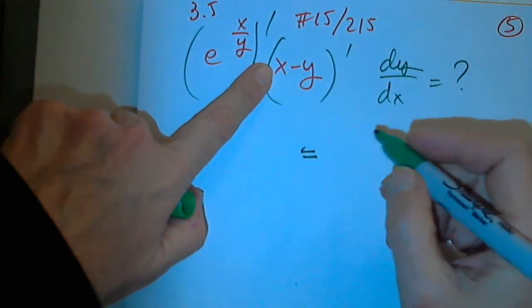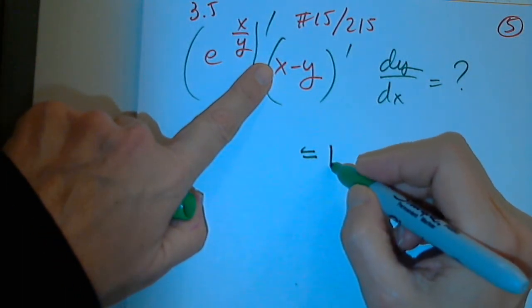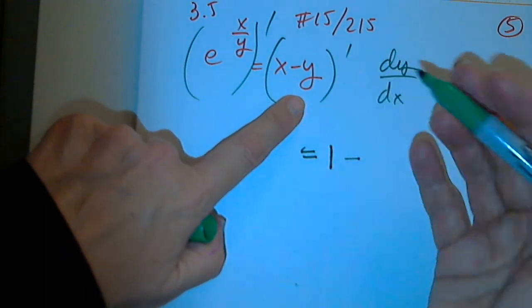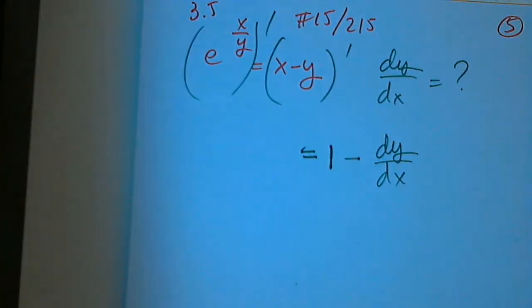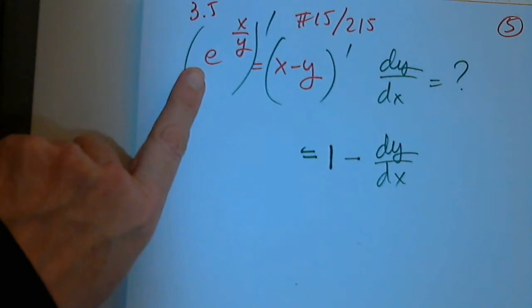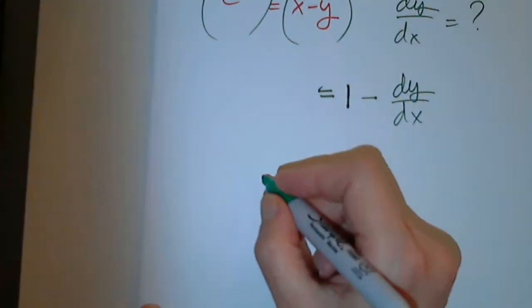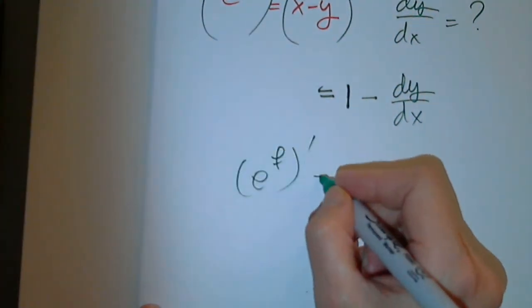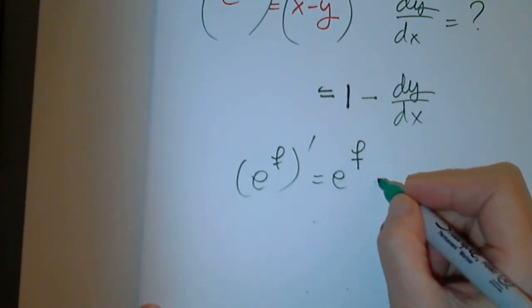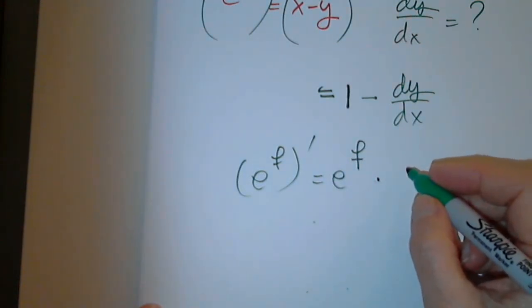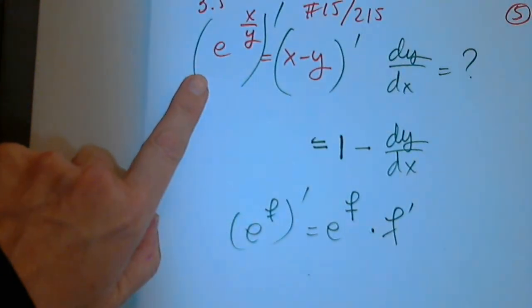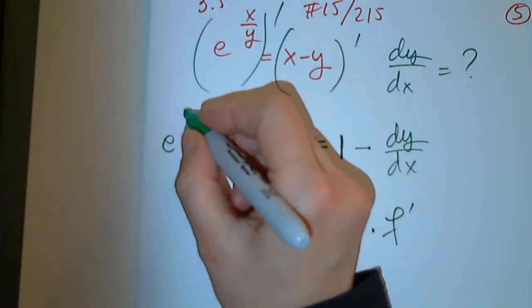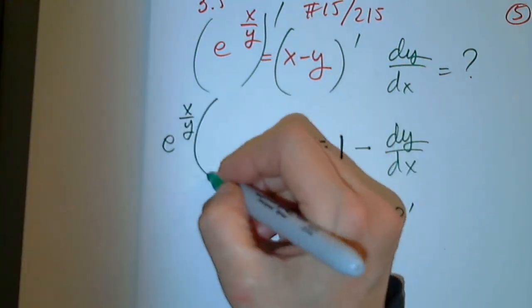How much is x prime? 1. Minus the function prime. I don't have it, so I have to write this symbol that is the derivative of it. Now, careful with the left-hand side. Let me refresh your memory on the formula. E raised to a function prime is e to the function times? Exactly. So when I differentiate e to x over y, I will write e to x over y and times